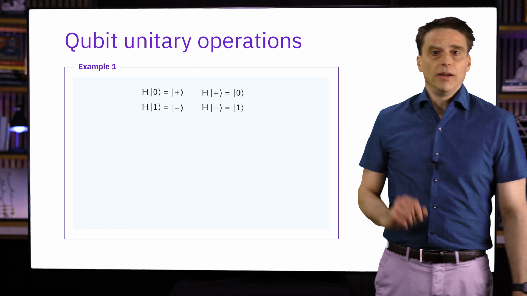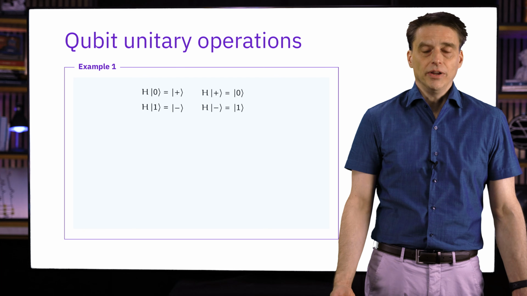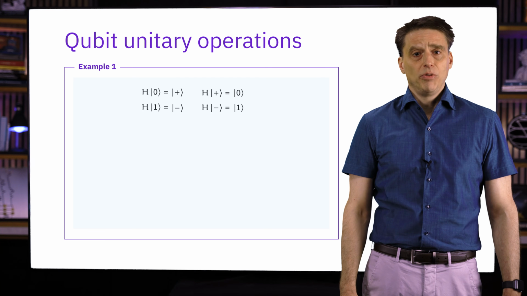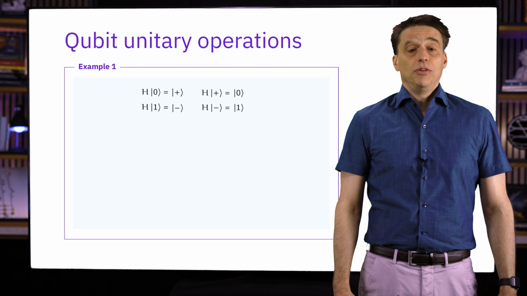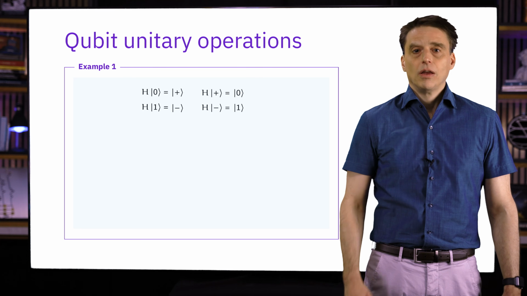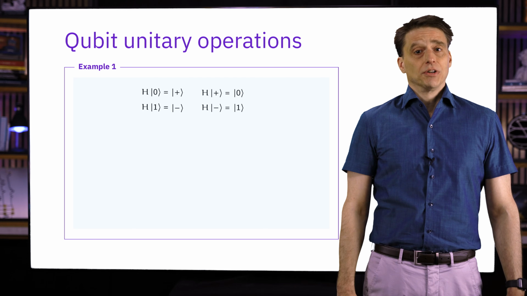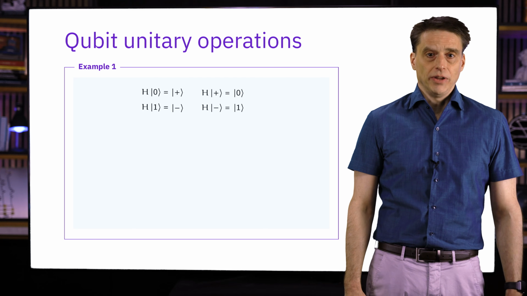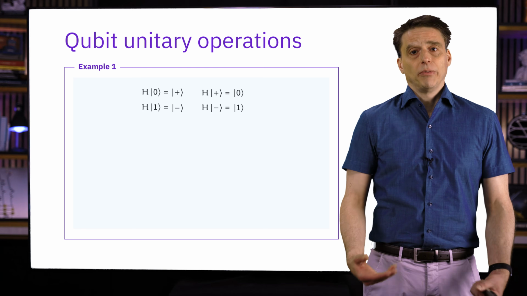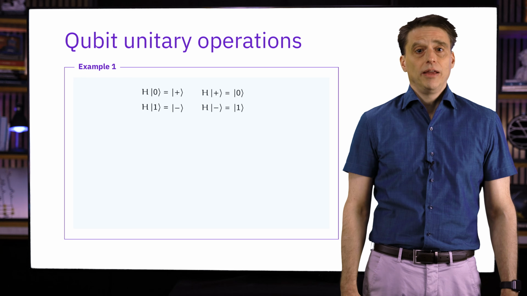Concerning these two equations right here, notice that this gives us a simple way to detect the difference between a plus state and a minus state. As we saw earlier in the lesson, if we measure a plus state and a minus state with respect to the standard basis measurement, we get a uniform random bit in both cases, which doesn't help us to detect the difference. But if we perform a Hadamard operation and then we measure, we'll see a 0 if the original state was a plus state, and a 1 if the original state was a minus state. So these two states are indeed different, and they can be discriminated perfectly by the method that I just described, which is to first perform a Hadamard operation and then to measure.